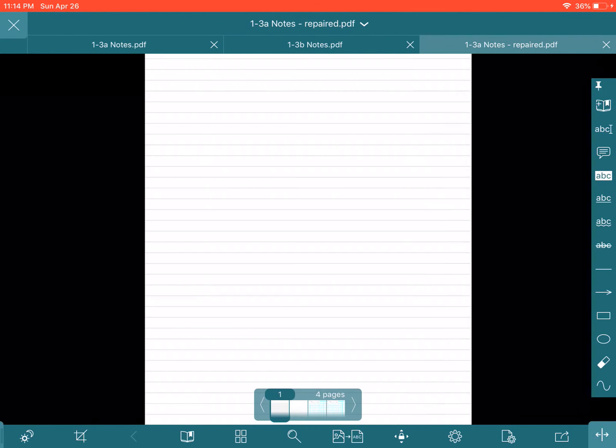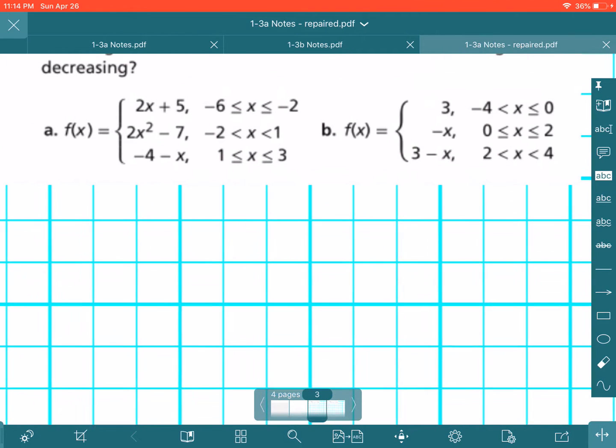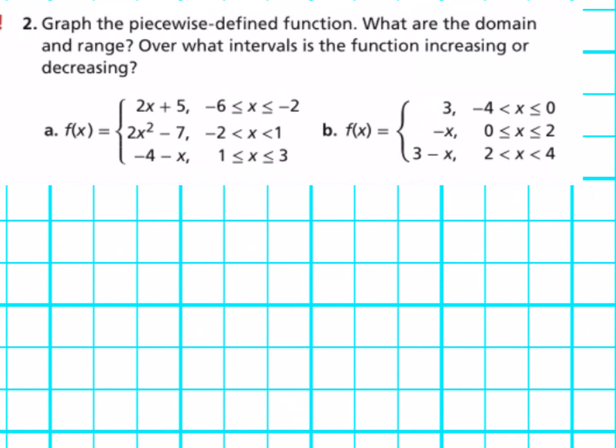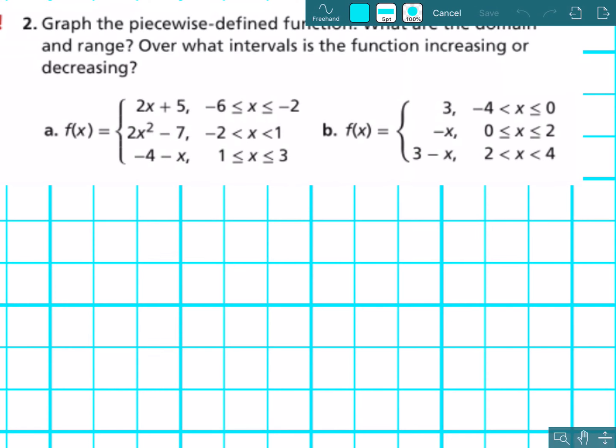All right. So if we take a look here, we've got a problem where we're asked to graph the piecewise defined function. And we're asked what is the domain and range, and over what intervals is the function increasing or decreasing. So I'll do each of these examples differently, okay? So we'll start here, and we'll begin